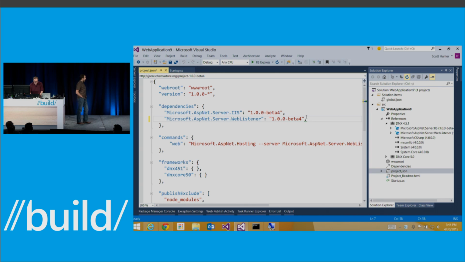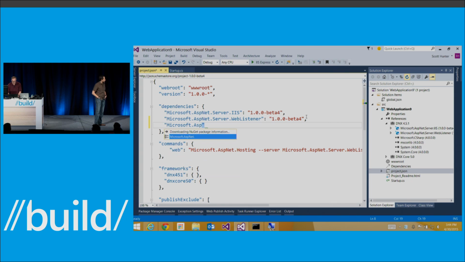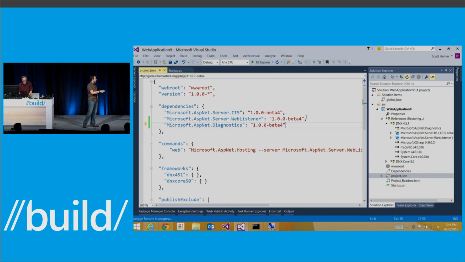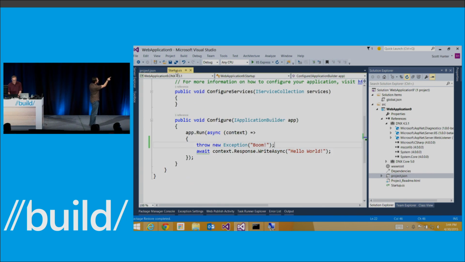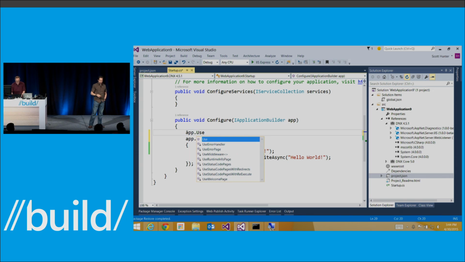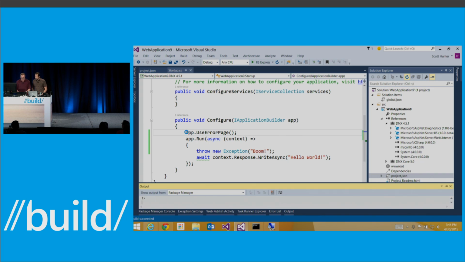Now, while he's doing that, he could go to references and add reference or add NuGet. But those references are there on the left-hand side. So that's an example of the UI gesture and the text gesture. Use what makes you happy. The result is the same. Notice that when he typed that diagnostics, it appeared on the right-hand side. If he had done that with the UI gesture, it would have appeared in the text file. Make sense? So now I've got an app that says use error page. So I basically enabled an error page. So now if I run the app again,